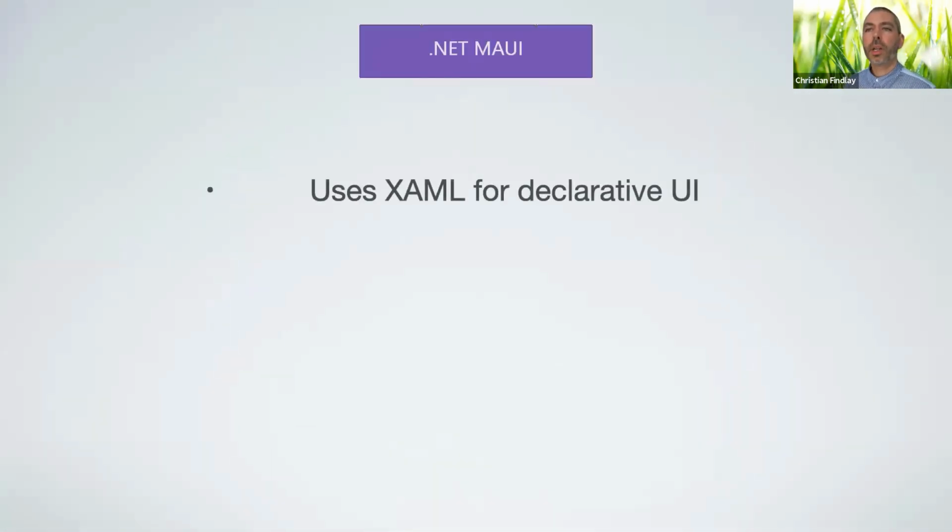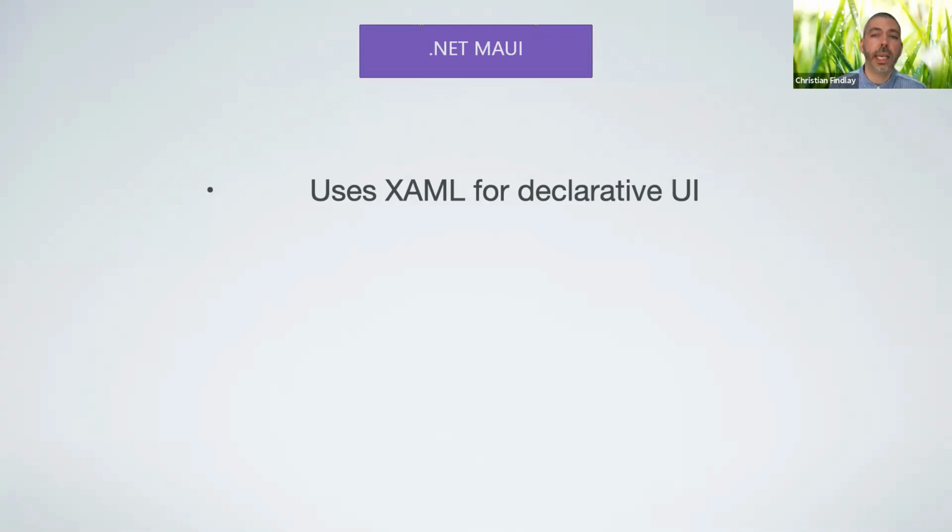Okay, so one of the things that is important to all of the native desktop technologies that I'll be talking about is XAML. XAML is a great tool for declaring UI. Has a little bit of similarity to HTML for people that are not really familiar with that. XAML has been around for a very long time.